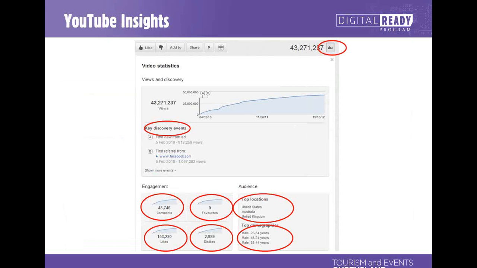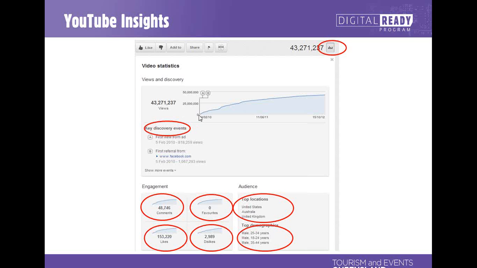Okay, so another one that can be quite useful, and not all videos have this, but it's worth having a look, is YouTube. If you go to your video channel or someone else's, if you're interested in discovering this, look just below the video, there's a little graph icon, and if you click on that, it will give you, at the very least, this information and sometimes this. Now, some channel owners do turn this off because they don't want it to be public, but have a look and see what you can discover.